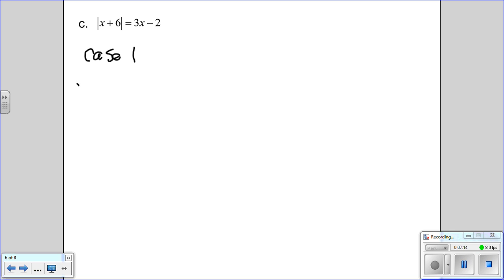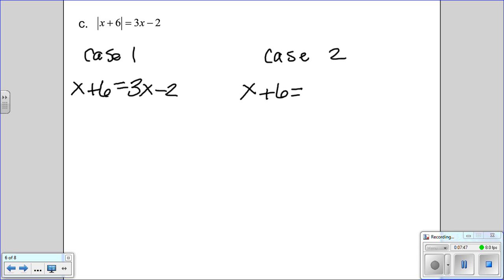Okay, so case 1, sorry, I don't want the absolute value there. When you set up your case 1 and case 2, you're not using absolute value symbols anymore. Okay, so x plus 6 could equal positive 3x minus 2, basically the original. And then in case 2, this is our negative case. x plus 6 could equal the opposite of 3x minus 2. And the opposite, or the negative, would be negative 3x